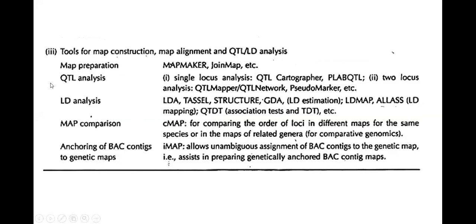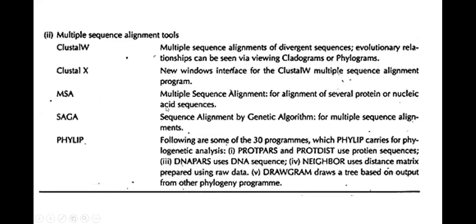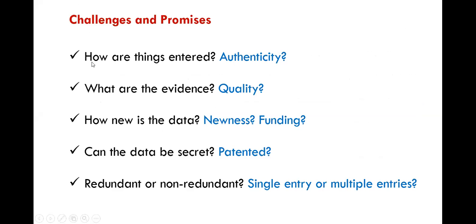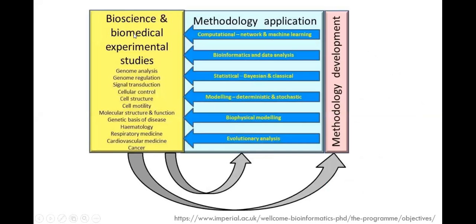We will take it up next class again. What are these analyses? We will look at them in a little more detail. Coming to the end, on challenges and promises: how the data are entered, authenticity of the information, what the evidence is, quality of the information, newness of the information, and because it helps in getting funding, whether the data can be patented, redundant or non-redundant, single or multiple. We will talk about this again if time permits. You're looking at biological and biomedical experimentation, a combination of methodology development and computer statistics. You are looking at specific cancer biology and specific human genome regulation. Okay, that's a summary of